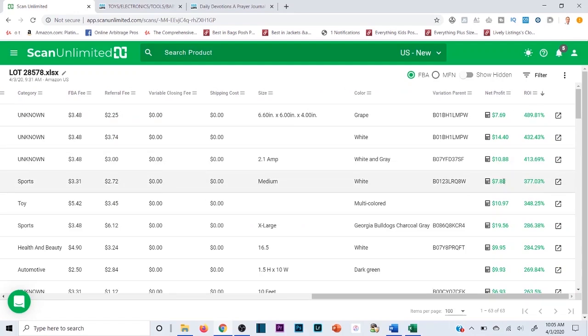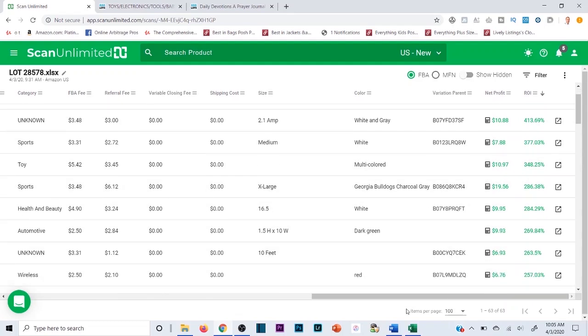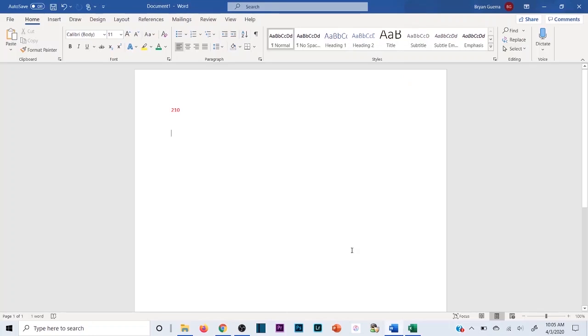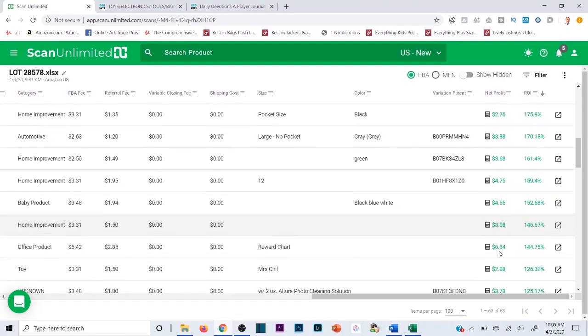So you're going to say, okay, this is profitable, this is profitable, this is profitable, this is, but maybe I can't sell it, right? And as you add these numbers up, it's going to slowly start adding up, like maybe 898, and then the next one was like 19 something, and then the next one was like 5 something, and then maybe like 20, right? And it's going to slowly start adding up